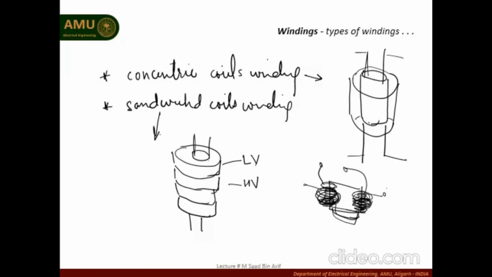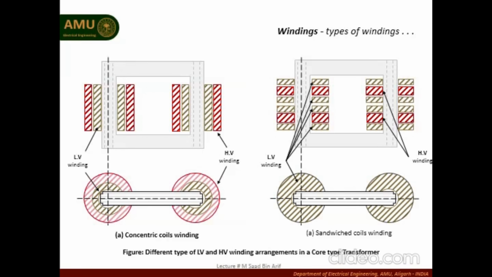Let us have a look at concentric and sandwich type of winding that is used in core type of structure. So you can see that in a core type of structure over here, we first place a low voltage winding, and then in a concentric fashion we place a high voltage winding at the outer surface of the low voltage winding. This way, the placement of higher voltage winding at the outer surface of the low voltage winding provides a clearance from the core and also reduces the stress in the conductor of the high voltage winding.